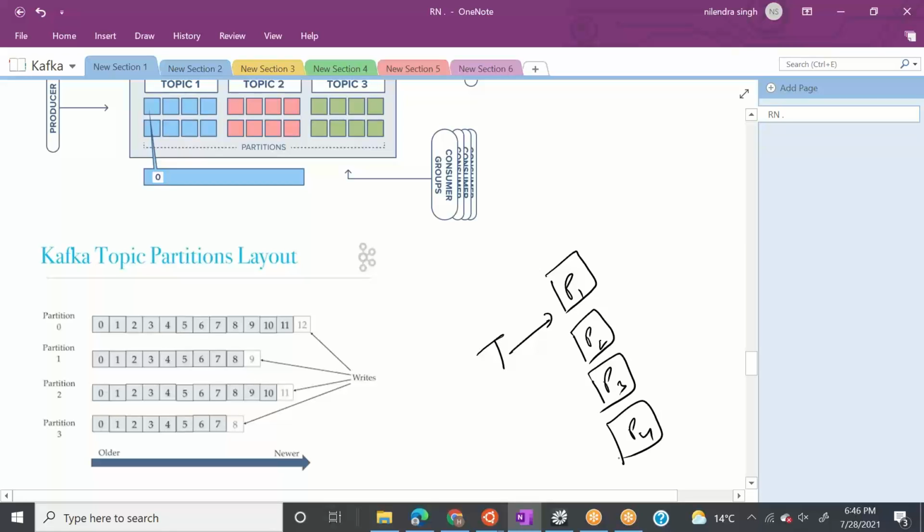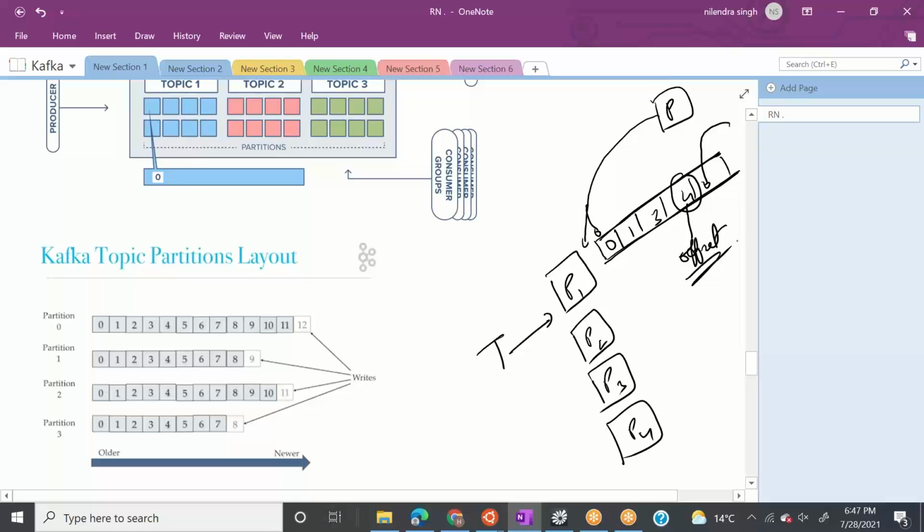Let's say there is a producer producing messages. The first message arrives and goes to partition 1. It will create a queue kind of thing, and it will place the first message here, the second message here, the third here, the fourth here. We can say it is appending the messages into a queue and numbering that queue. In Kafka language, we call this numbering the offset.